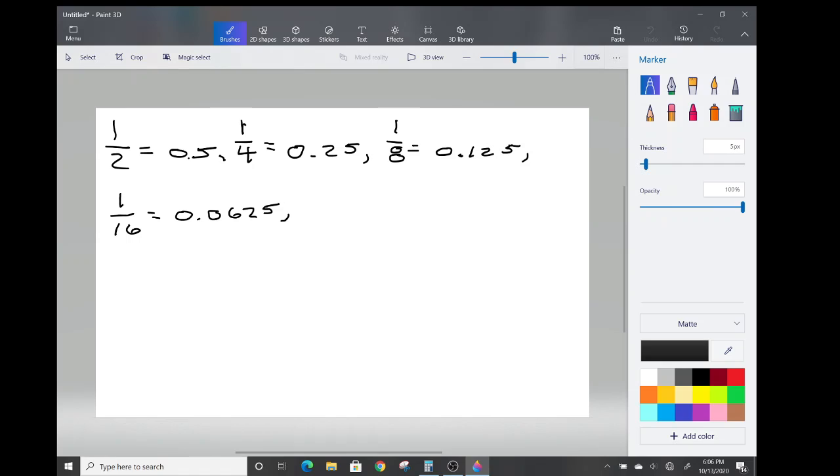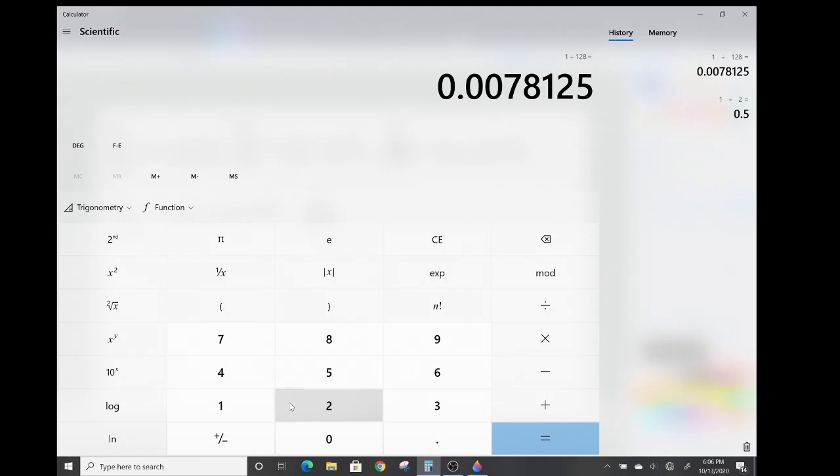How about 1 over 32? What do you think that is? Well, that'd be half of that, wouldn't it? If this is twice that, then this is going to be a half, right? That'll be a half. So let's go. If you don't believe me, let's go to the calculator. Where is the calculator? There we go. Bring the calculator up. 1 divided by 32